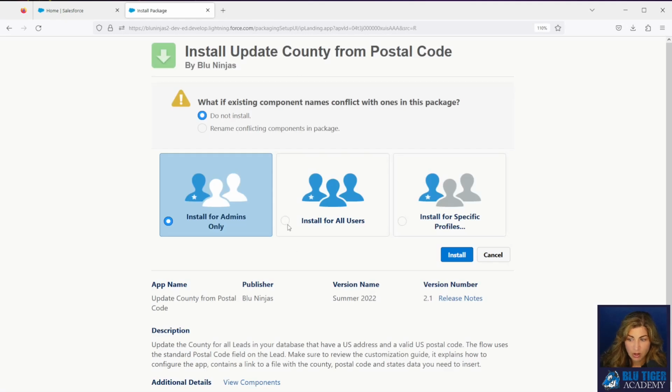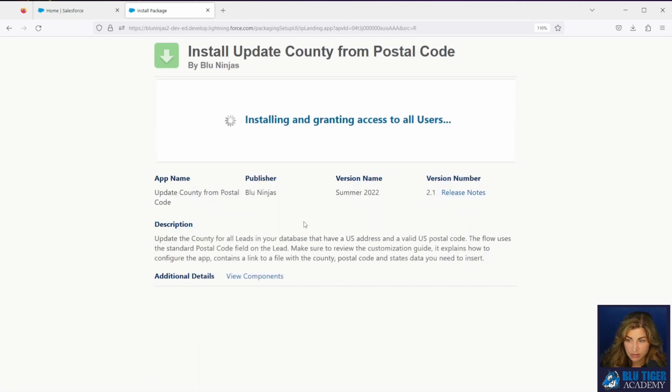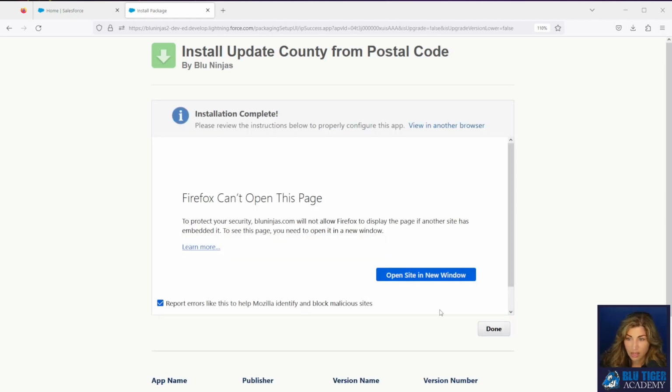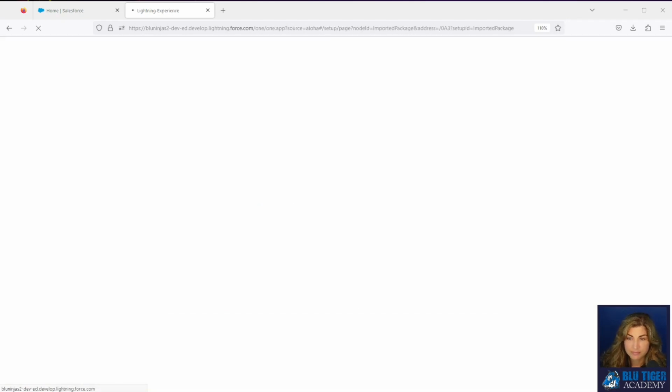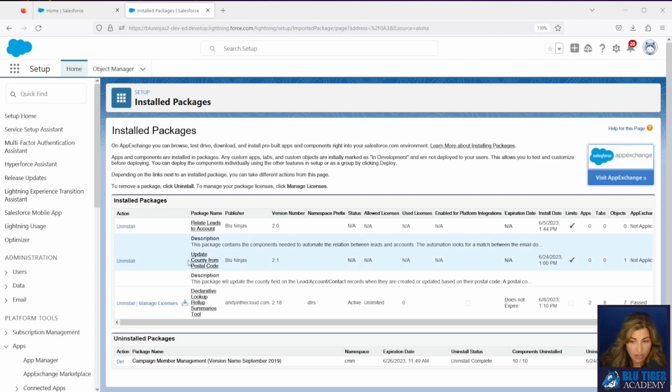We're going to install for all users. Click Install. And then our installation is complete and we will click Done. We can see here our package was successfully installed.